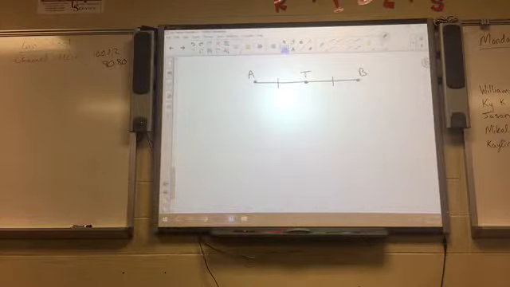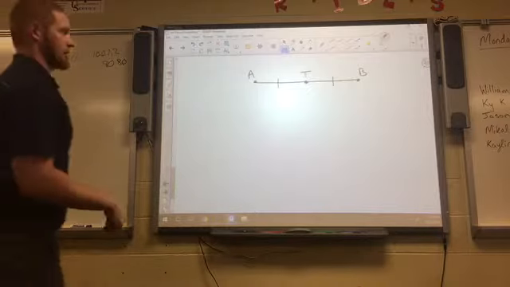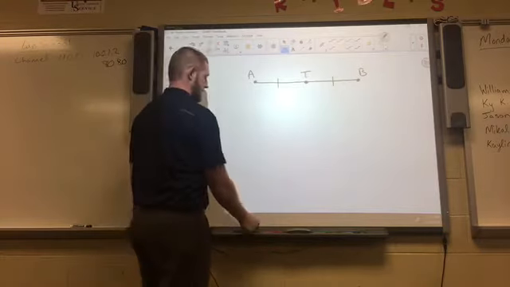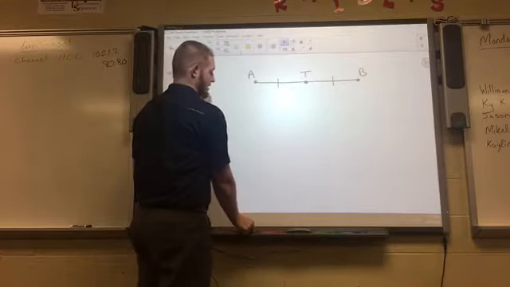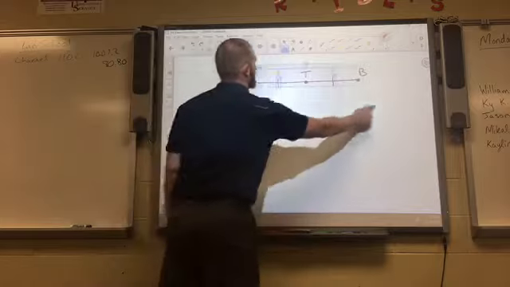Okay. Now, obviously, in a real-life scenario, you're going to get out a tape measure or something like that and measure it, right? That's not the point of this real-life problem. It's being able to use geometric definitions, postulates, properties, things like that, to show that this will be true every single time if I did this. Okay? What they want us to prove